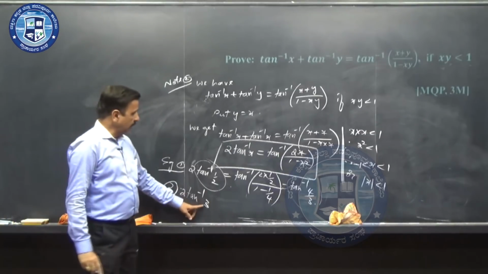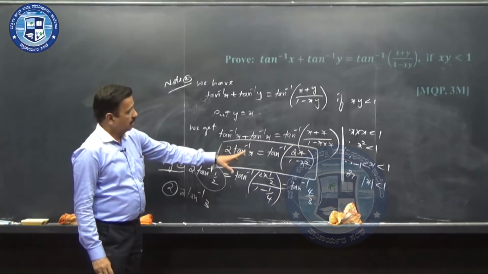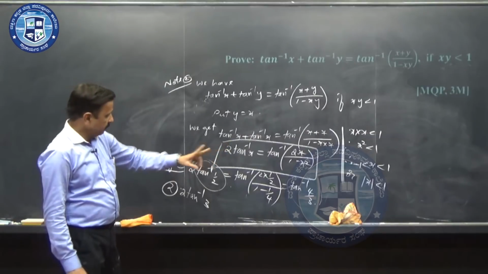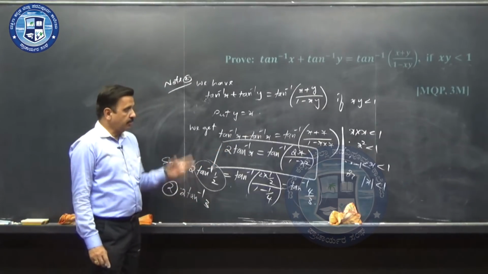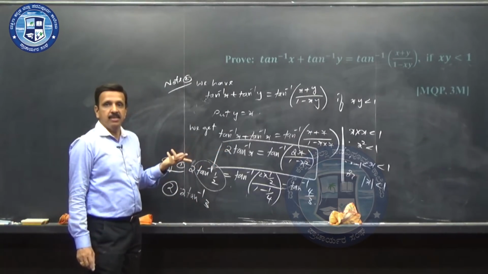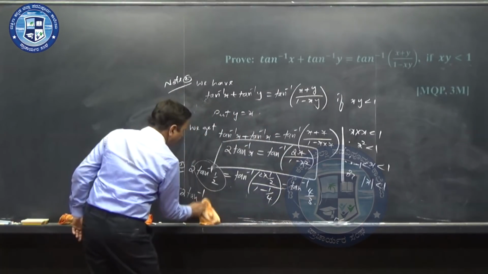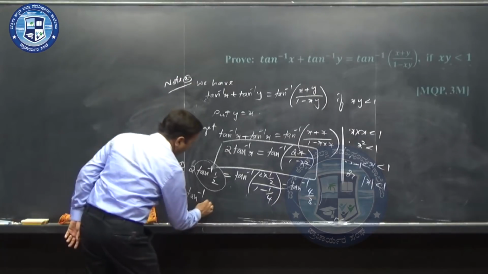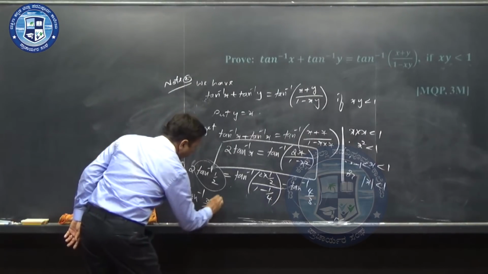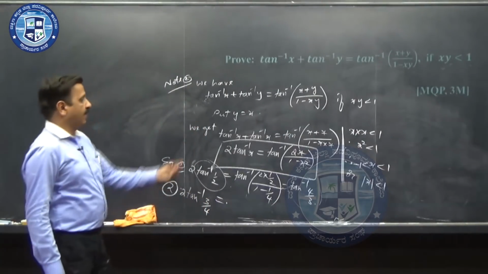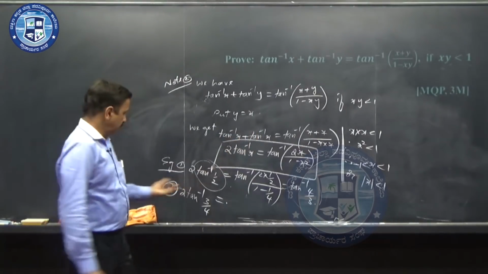2 tan inverse 3, you can't apply this formula, because look at that, x must be between minus 1 and plus 1, and x is 3, it is not between minus 1 and plus 1. So, while applying this formula, x must be between minus 1 and plus 1. Say for example 2 tan inverse 3 by 4, 3 by 4 is 0.75, well within minus 1 and plus 1, this is applicable.